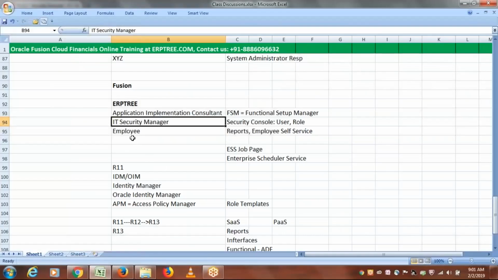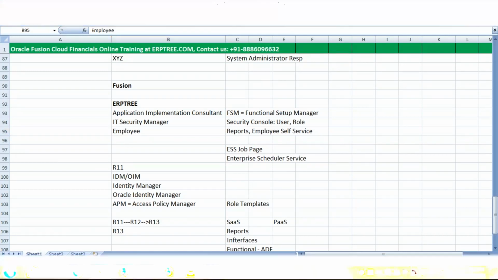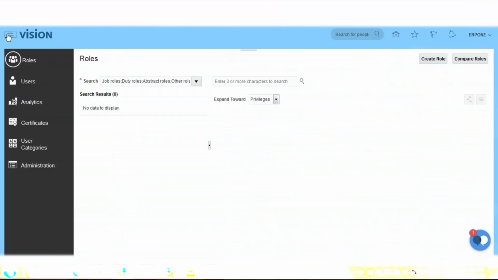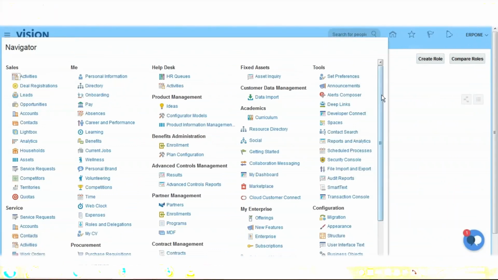And what is the other area? The employee. Because of the employee role, we need access to reports. This role will also provide access to self-service, employee self-service access also. But in reality, this current user ERP1 is not really an employee. But that also we'll see. If you want to check whether this user has access to the place from where we can run the reports, nothing but the ESS job page,